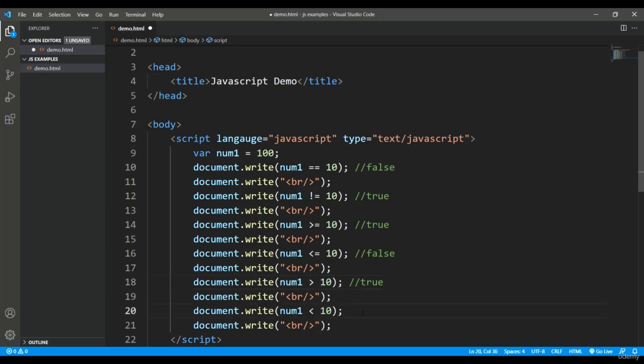Basically the difference between greater than and greater than equals to is that it will give you a false even though num1 and 10 both have the same value. That is, if I make it 10 and 10 is greater than 10, it will give you a false. But if I say 10 is greater than or equal to 10, since it is equal to, it will